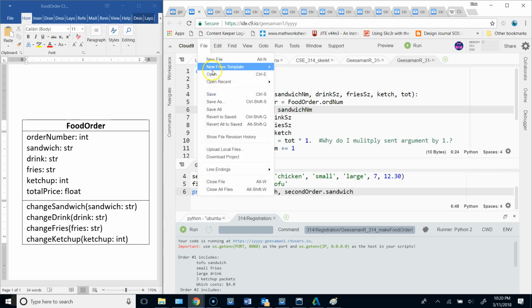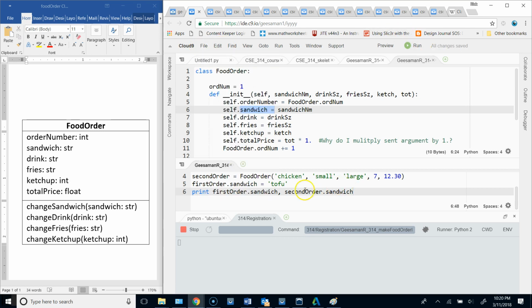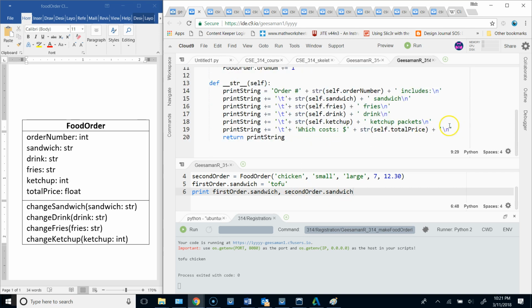Let's do a file save. Let's run that. And sure enough, it's just tofu and chicken. Well, let's say that I want a line separator. Because up here in the string definition, I included line separators, this comma down here didn't put them on the same line. Why don't I just concatenate this with a new line